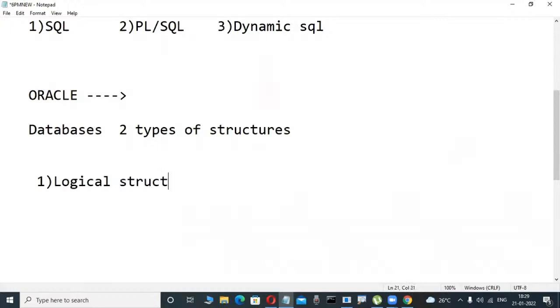Logical structure. Database means it is a place where we can store structure. Here one is logical structure. Another one is physical structure. Before we tell what the logical and physical structure are in these types of database software,